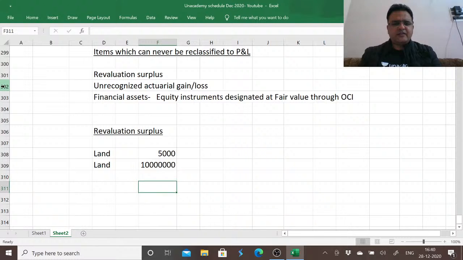Now imagine if I take the difference to P&L. If I record the entire difference to P&L, profit or loss, I think we'll definitely be eligible for a call from the Finance Minister or Prime Minister of India asking us to please guide them on how we did this. You suddenly became profitable, you were loss making till date, but because of recording an asset in your books at a higher value, your profits are rocket high within a day. Do you think we should route it through P&L?